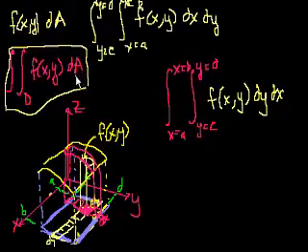And they do it intentionally in physics books because you don't have to do it using Cartesian coordinates, using x's and y's. You could do it in polar coordinates. You could do it a ton of different ways. But I just wanted to show you that this is another way of having an intuition of the volume under a surface. And these are the exact same thing as this type of notation that you might see in a